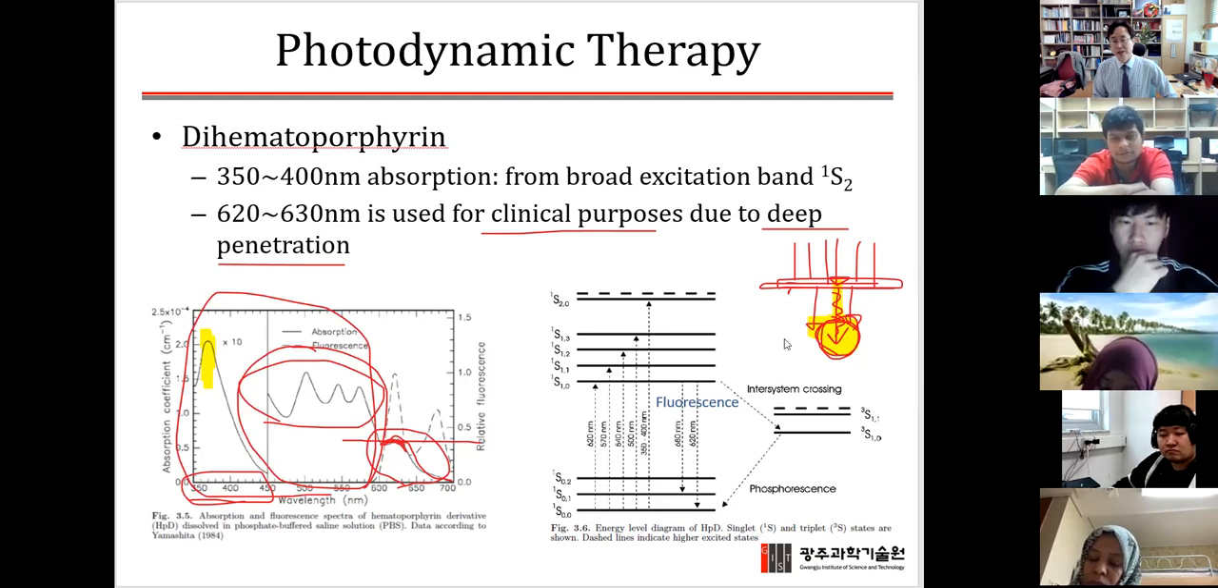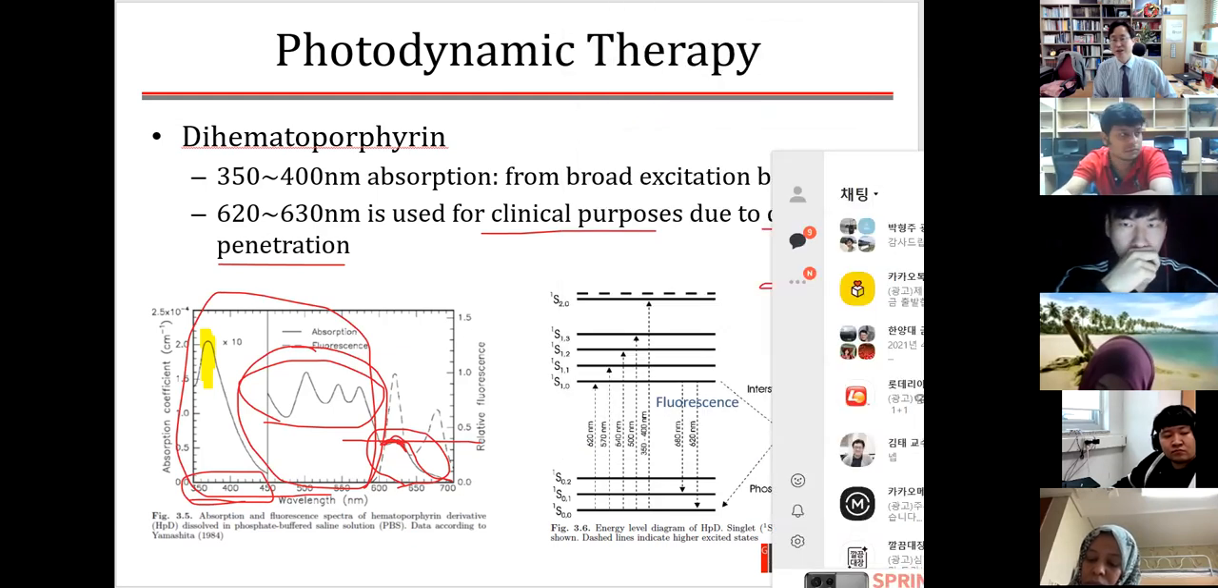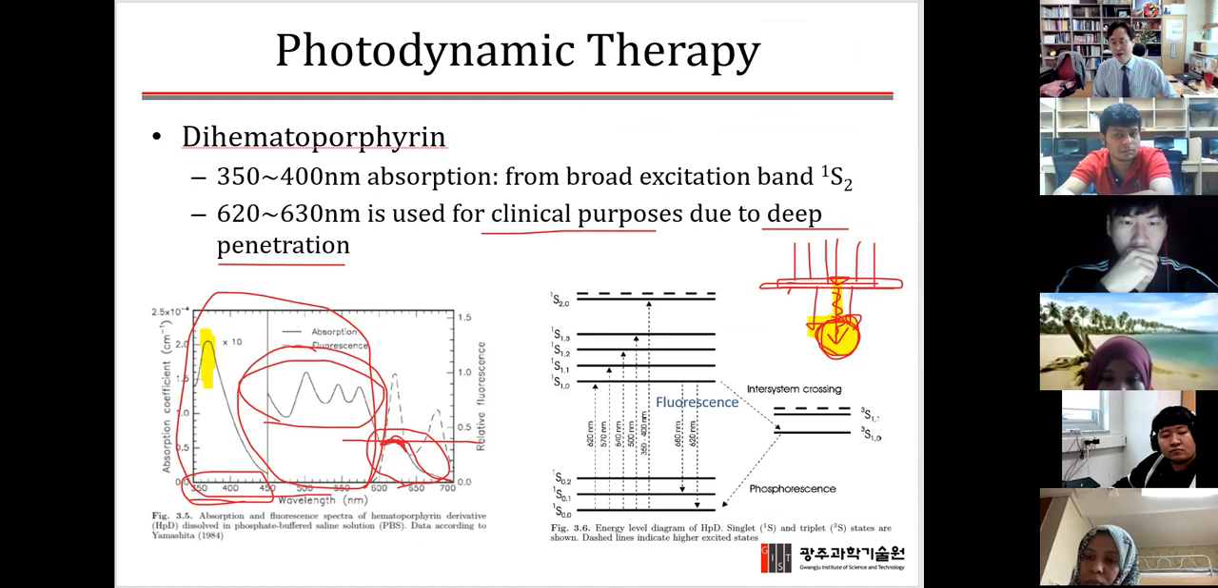However, in many cases... sorry, I had to turn off this KakaoTalk. Now they are talking about the proposal. The due date is today. So